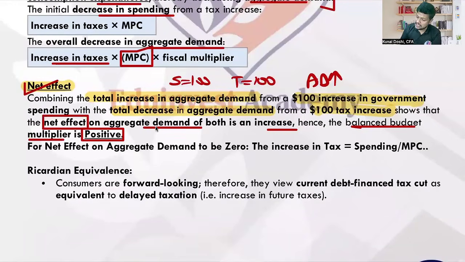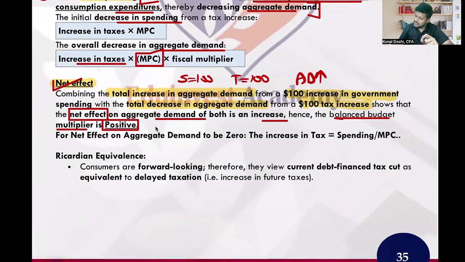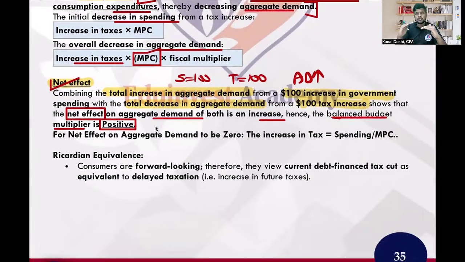Yes, this is a new thing. This is a very interesting thing. So the conclusion: in the future, if the government is increasing taxes and simultaneously spending the entire amount in the economy, the net effect is that the budget is balanced, but the aggregate demand, the GDP, will grow. Understood? Everyone in the class? Right?